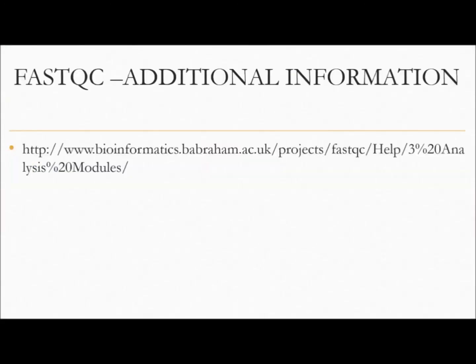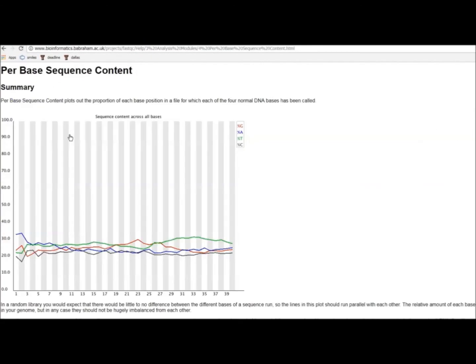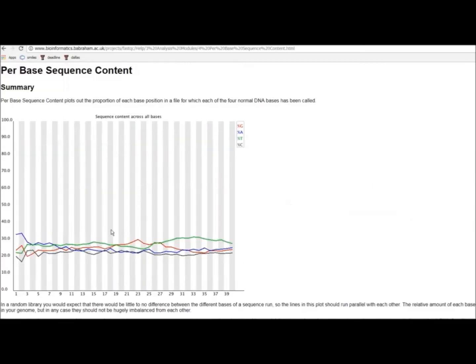Additional definitions: additional information about what some of these things mean. If you want to understand what each of these things are, you will get an explanation, for example, why something is good, why something is a fail. The orange background with the exclamation mark is a sign of a warning, which means there's something not right. And so you'll begin to understand, if you want to see here, specifically what the problems are. Okay, so this is a good